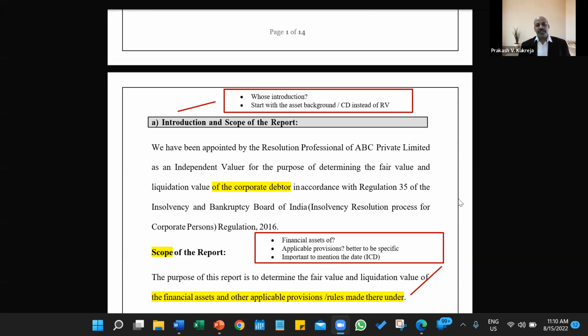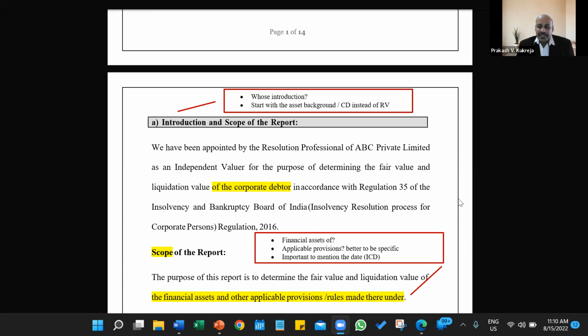So the way they said it is that the RV report is not complete. It is not specific. It is not giving the details about these assets and the valuations clearly. So what I'm trying to say here is it is very, very important that whenever we are preparing a